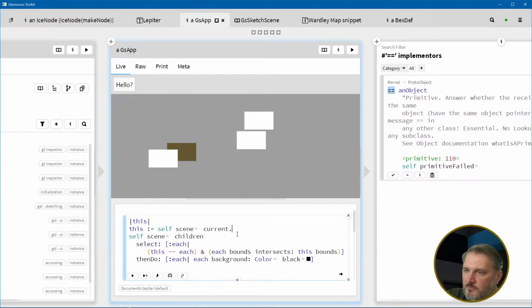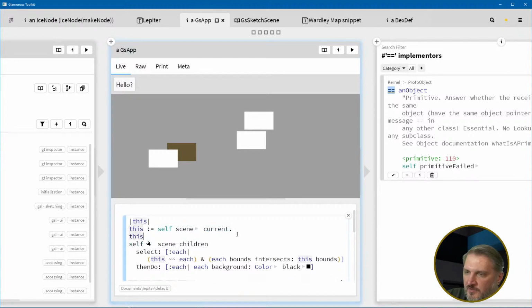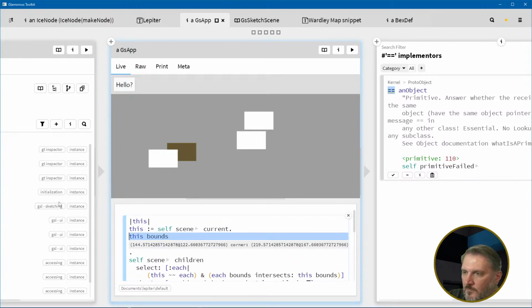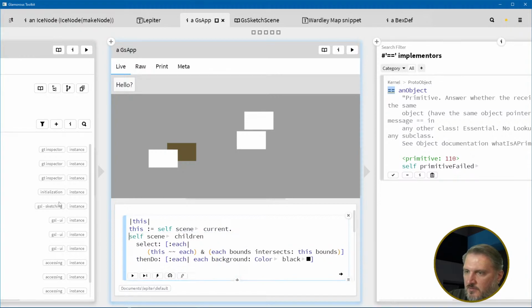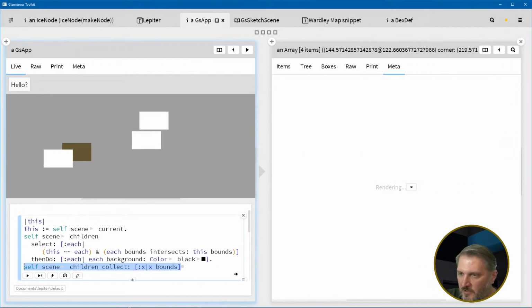Okay, so if I just say this bounds, I'm going to print it. Oh, sorry, it didn't understand the next line. That's just a rectangle. But if I say self scene children collect, and then just X, and then X bounds, and I inspect that... Oops. Oh, I see, I tried to evaluate everything and it gave me the same error. If I just inspect that,